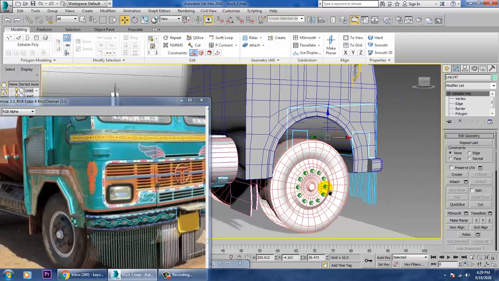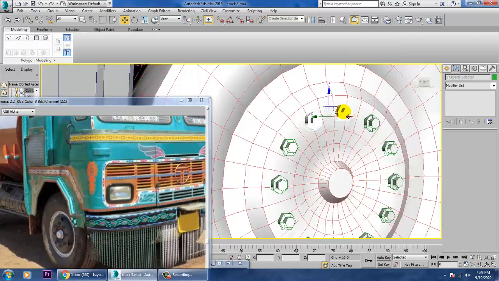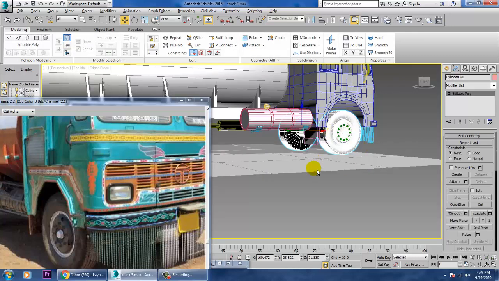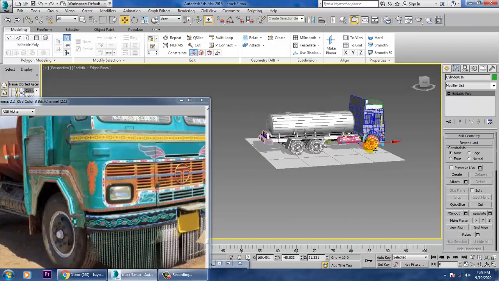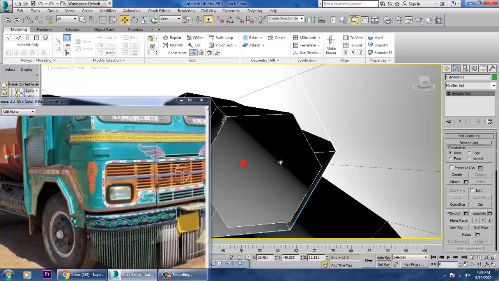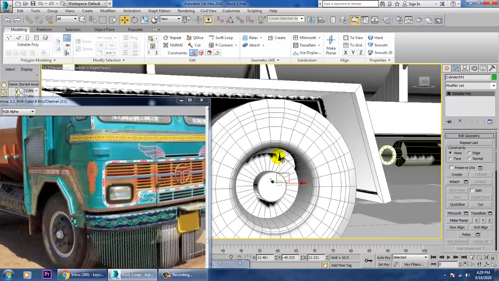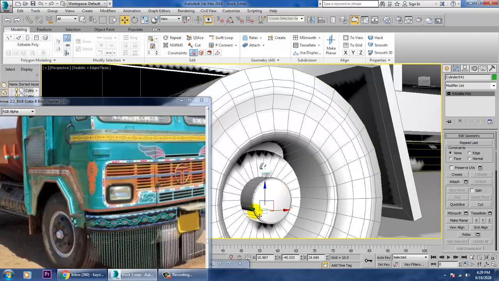So these details we'll be utilizing for this also. The same details we'll just be duplicating over here. So just push it inside.